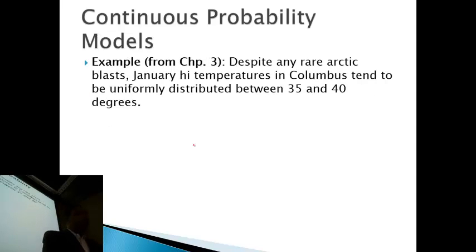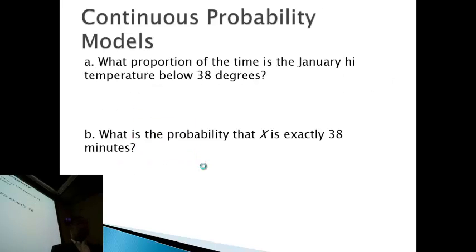From a long time ago, we had an example like this. Okay, I think it was in chapter 3. So the temperatures in Columbus are 35 to 40 usually, and so we want to find probabilities, of course, corresponding to that. We haven't hit 35 in a long time for a high temperature, but that's okay. Now, what percent of the time is the high temperature below 38? Well, what you would do is say, okay,